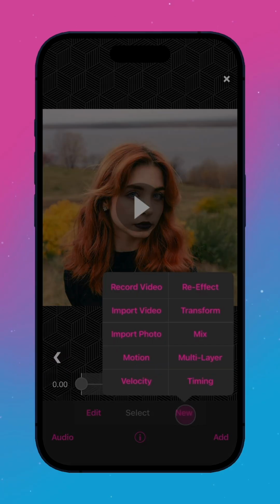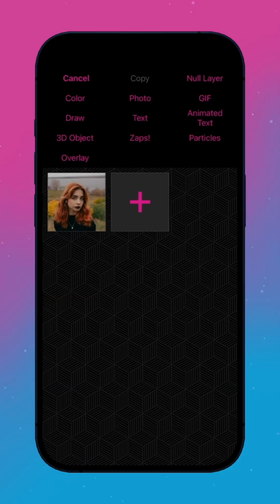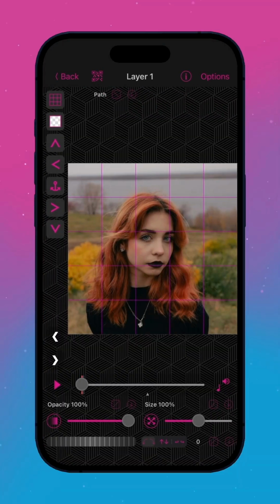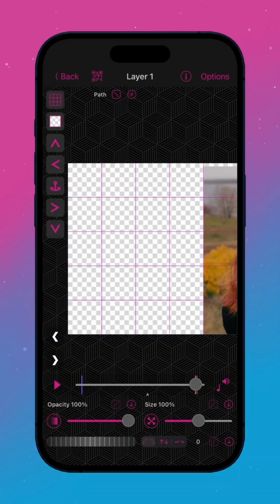Select the first scene and open multilayer. Add your clip, then go to the Edit Keyframe screen. Scroll to the end of the timeline, drag your clip to the right. If there is extra space on the top or bottom of the clip, press Options, then center vertically.